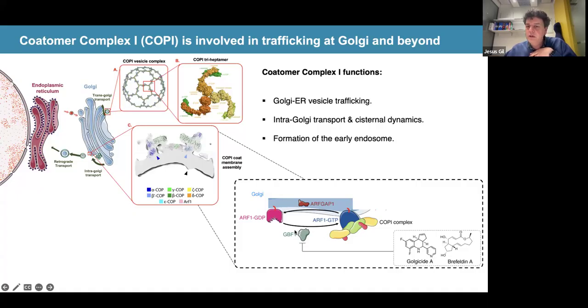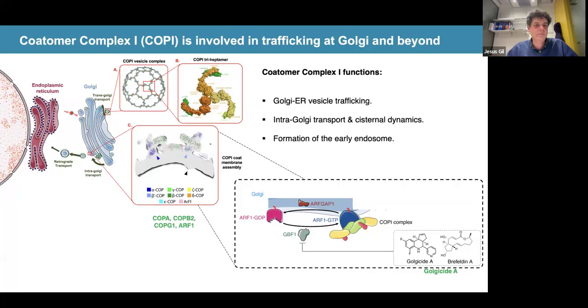And in particular for GBF1, one thing to note is that there are some small molecule inhibitors that are known to inhibit GBF1 and could be used to inhibit COPI. Just to mention, from the genetic screens and also from the drug screens that we performed, we identified multiple structural components like COPA, COPB2, COPG1, but also enzymatic components such as ARF1. And also in the drug screening that we did, we identified Golgicide A, one of these inhibitors of GBF1, as a potential senolytic. So there were multiple hits suggesting that the COPI complex is essential for maintaining the